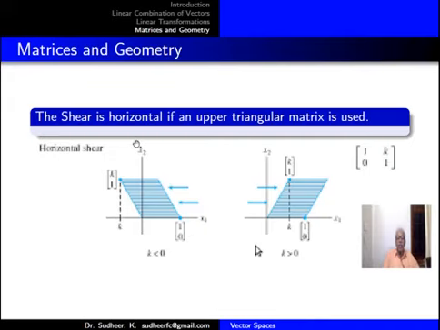And the shear can be horizontal if the matrix is an upper triangular matrix. The example we considered had such a shearing towards the right side, and upper triangular matrices will make a right shearing if the determinant is positive and a left shearing if the determinant is negative. You can observe that. You can draw or take different examples of such matrices.